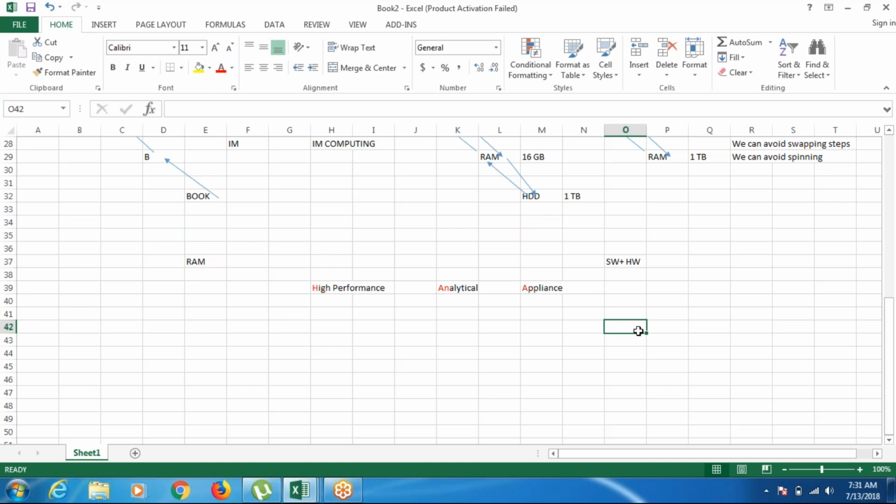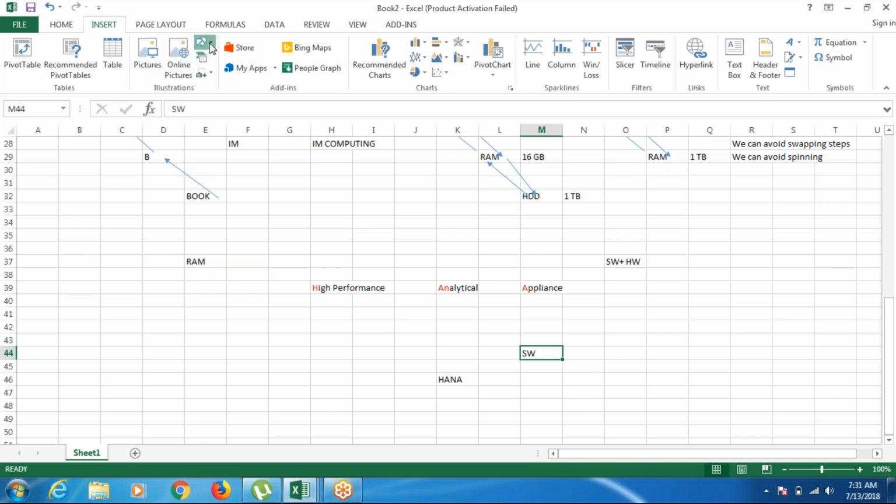And they created this software as an in-memory database. So this particular database is going to hold the data, and we would like to store the data in memory, in the sense in the RAM itself. So if you want to install HANA, it's an appliance. It's basically a database, so it's software, but this software has to be installed in a specific device